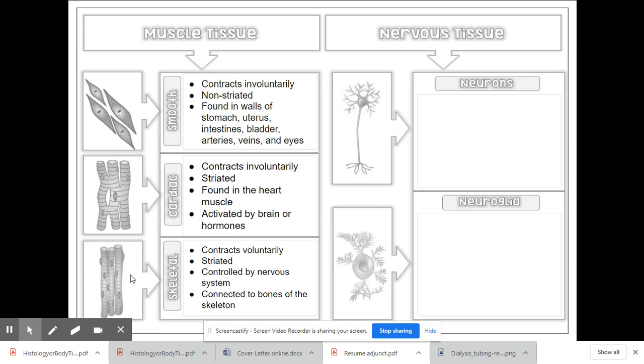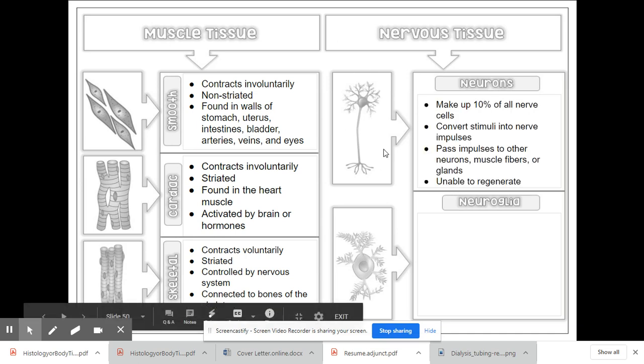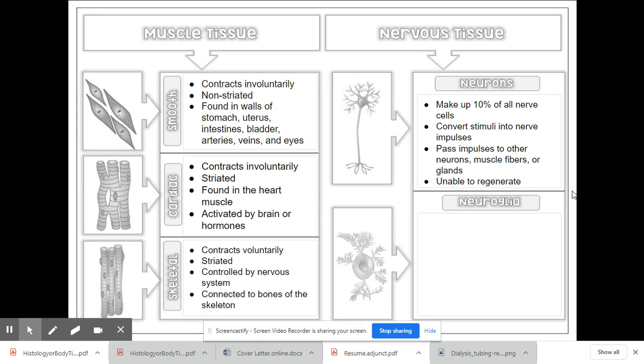The last one, nervous tissue, contains 2 kinds of cells. You have neurons and the neuroglia. The neuron is this one up here. It makes up about 10% of all nerve cells, so not a ton of these if you were to look at brain tissue in the microscope. The function of that is to convert stimuli into nerve impulses, and then it will pass these impulses to other neurons,